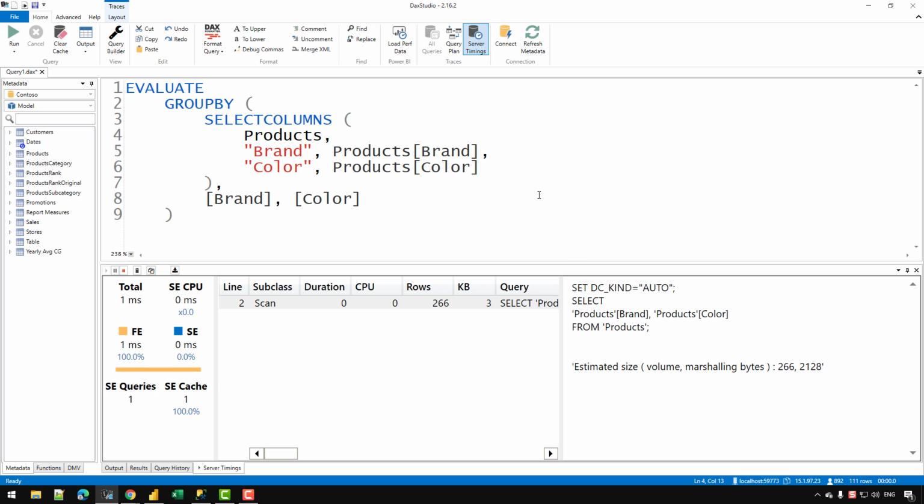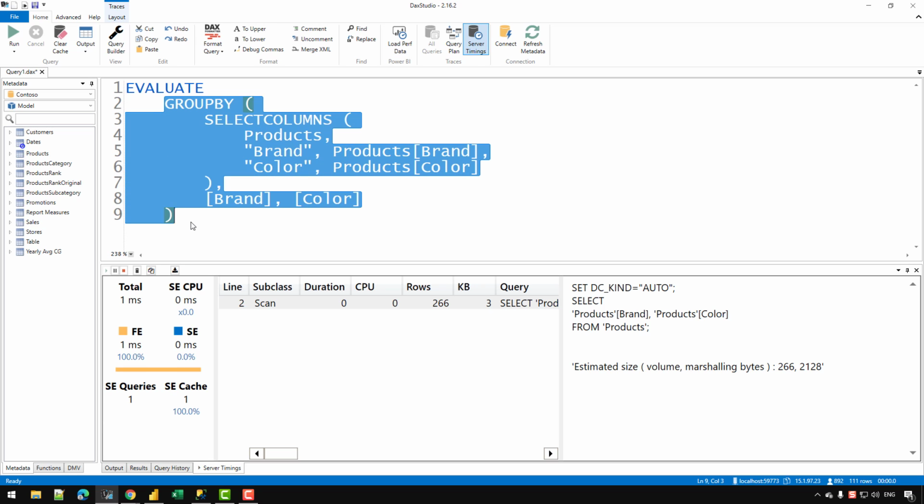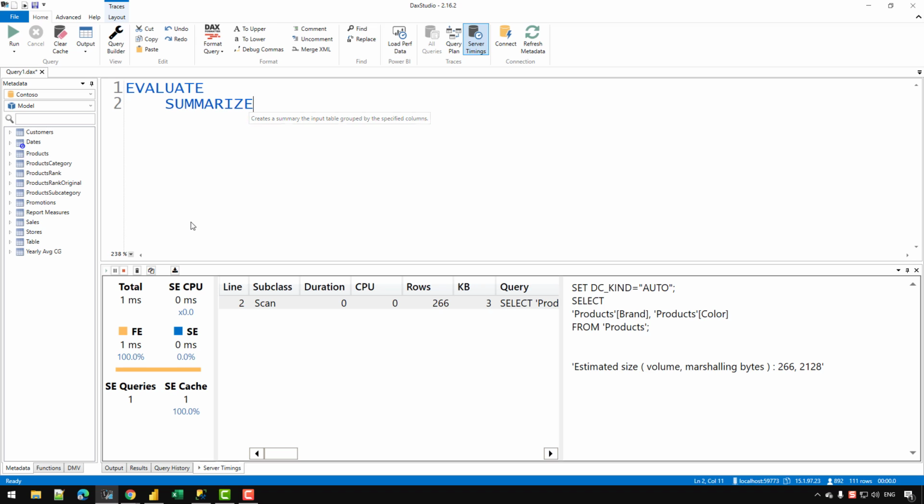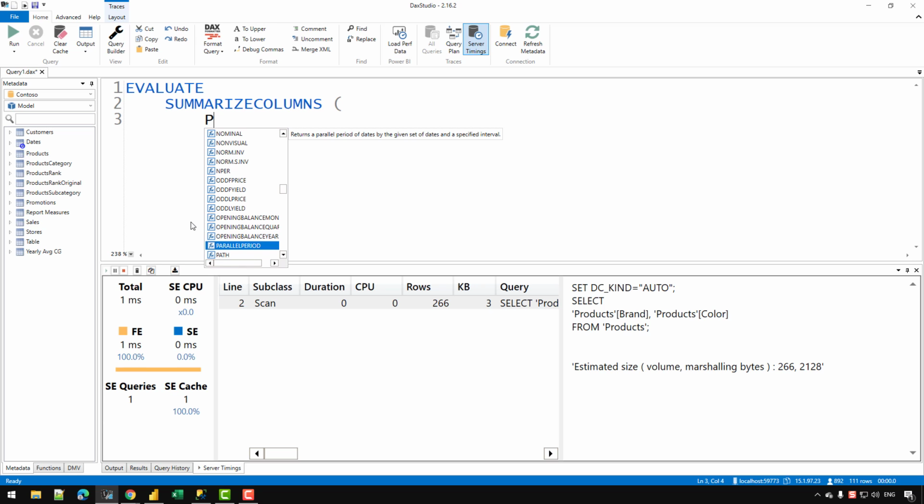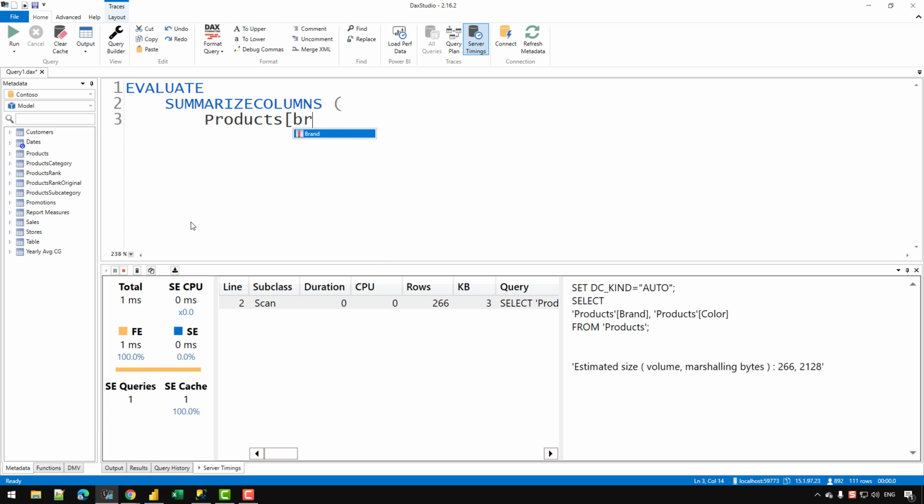And the last function that I'm going to show you that is used for selecting columns or grouping the columns is called summarize columns. So let's replace that code, and I'm going to write summarize columns. In the first argument, we do not need to provide any table, just the column name. So I can write products brand and products color.